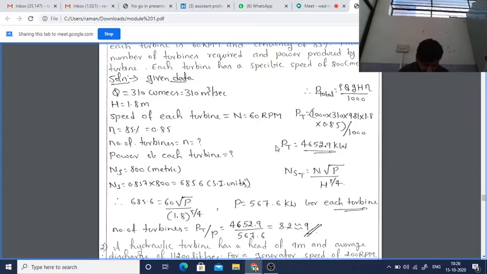Sir, should we take only 0.85 because efficiency is 85%? 85% efficiency is 0.85. Okay. So for that reason, you are saying that can we take it as 0.857 now? I don't know. 0.85, not 0.857. Is it 0.85 into 800 or 0.857 into 800? 0.85 into 800.